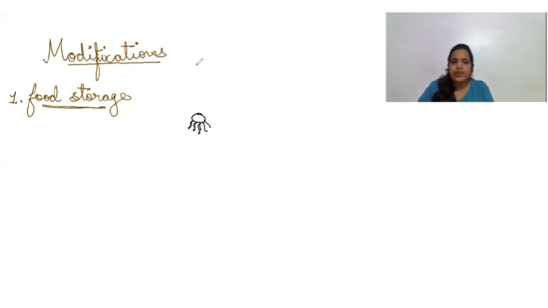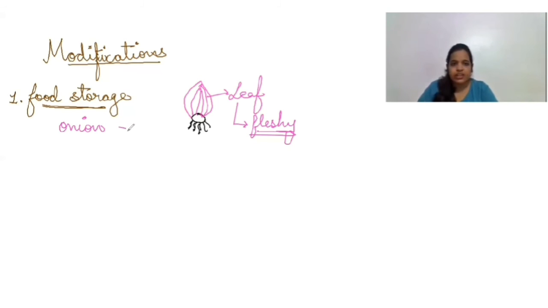Now, on this stem, we eat the leaves. The part of the onion which we eat, this pink colored part which I'm drawing, is actually the leaf. It is the leaf which has become fleshy and stores the food. Fleshy leaves which store the food in onion and garlic. So for food storage, we have got 2 examples, that is onion and garlic. This is nothing new for you. You all eat these things, so you can easily remember what parts these are.